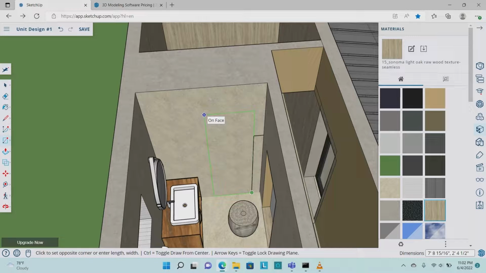And let's make it shorter. 7 feet. I could type this stuff out, but let's see, let's type it out. 7 feet and 2 feet 4 inches. Oh boy, what did I just do? 7 feet, 2 feet, 4 inches. Okay,